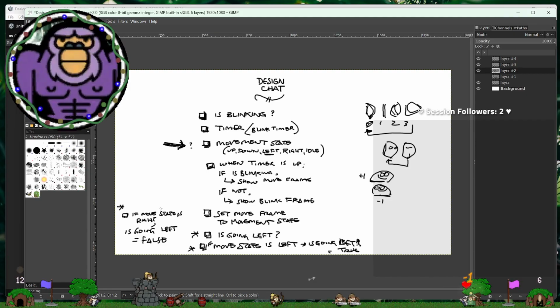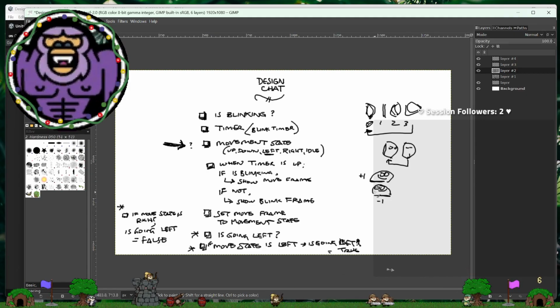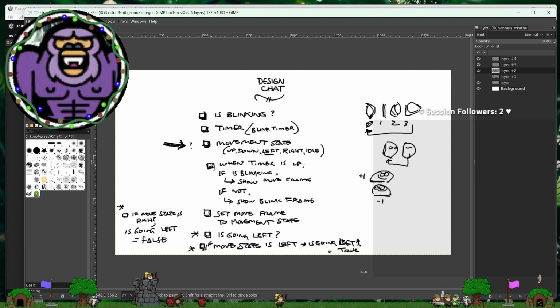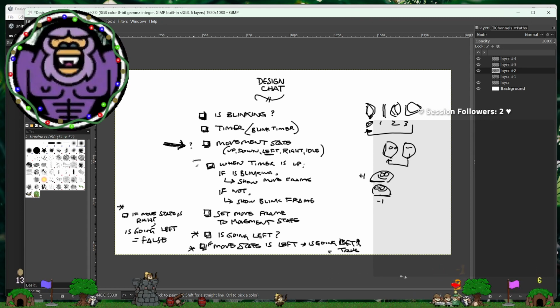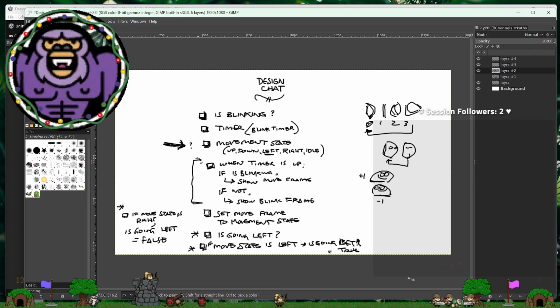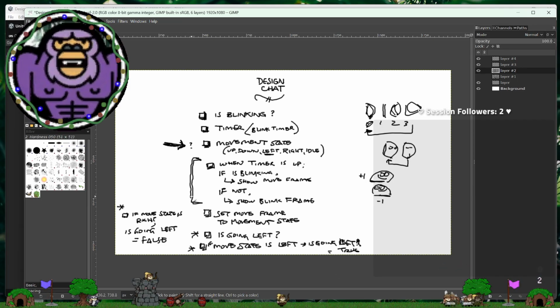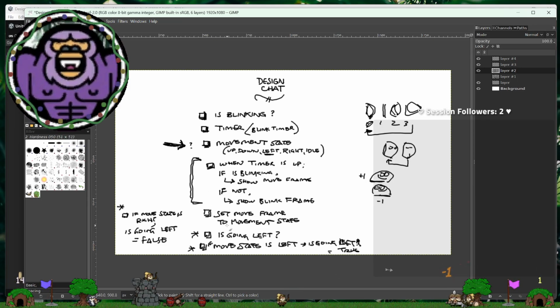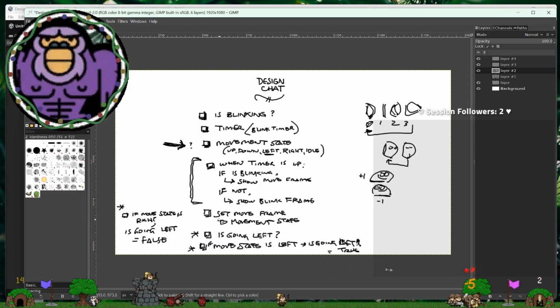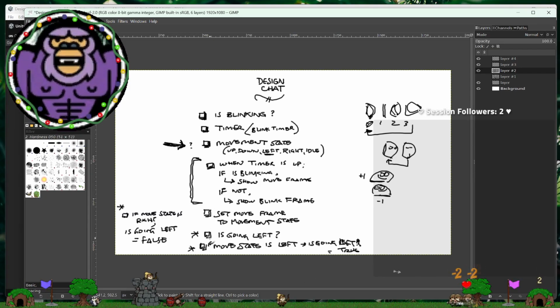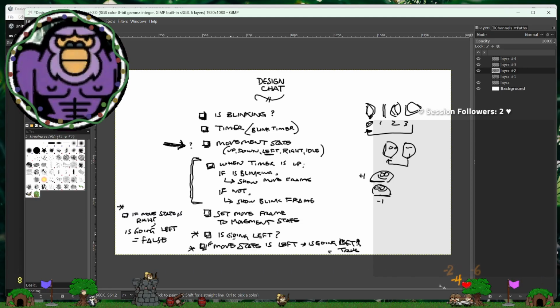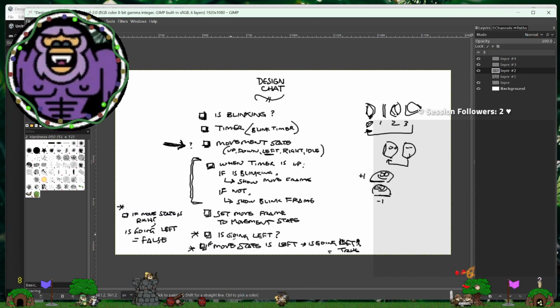I don't necessarily want to draw another frame. We don't need to. But I think the blinking mechanic is appropriate and works okay. It is the setting the move frame combined with the is going left jazz that is causing some weirdness, right?